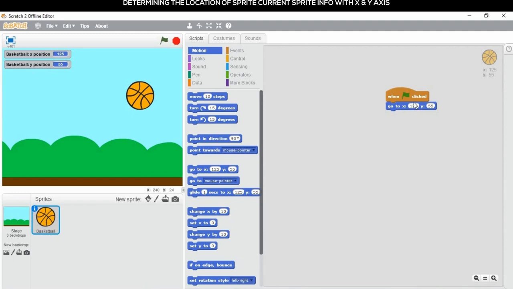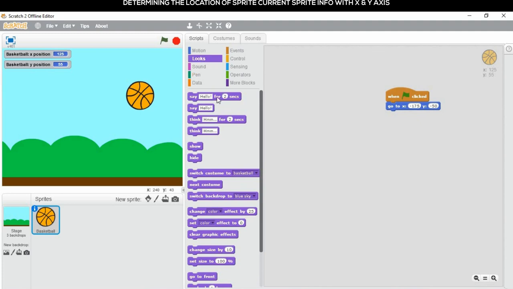So now I am going to add the value of X as -175 and the value of Y as -50.